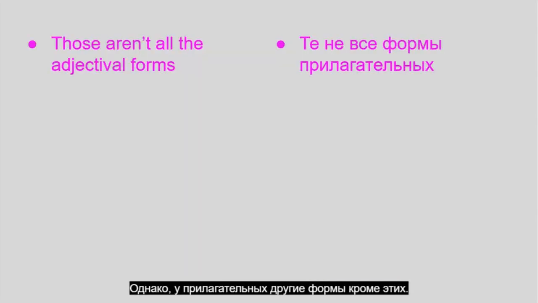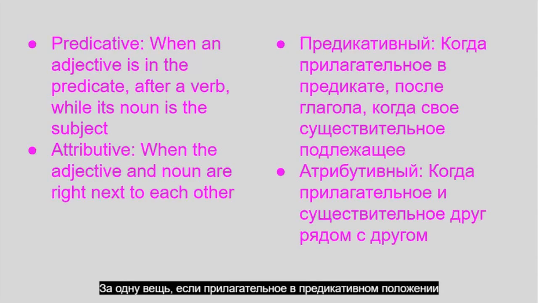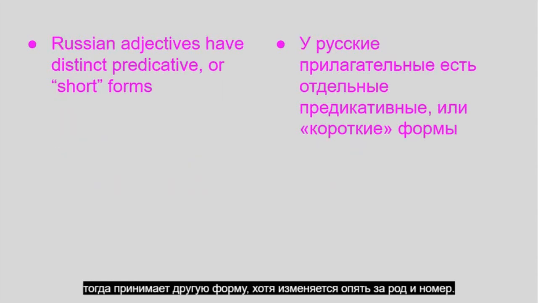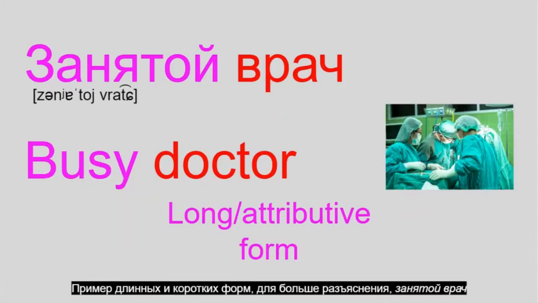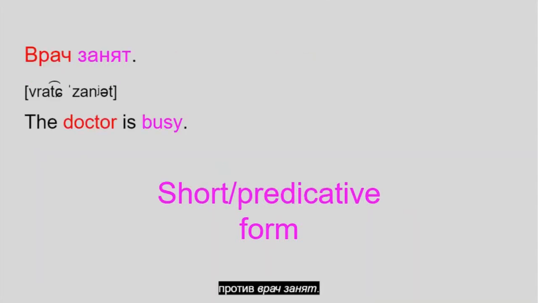Adjectives have other forms besides these, though. For one thing, if an adjective is in the predicative position, as opposed to the attributive, what we were just talking about, then it takes a different form, although still inflected for gender and number. The predicative form, more commonly known for Russian as the short form, is fairly easy to make. You just take the root and add one letter to the end, or not, if the noun is masculine. An example of the long and short forms, for more clarification, is znetoy vrach, busy doctor, versus vrach zanyet, the